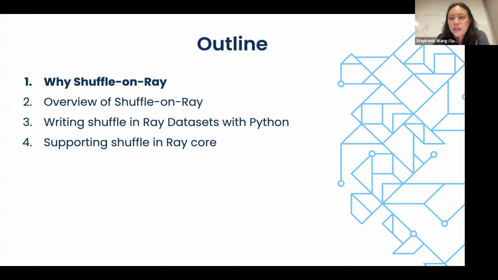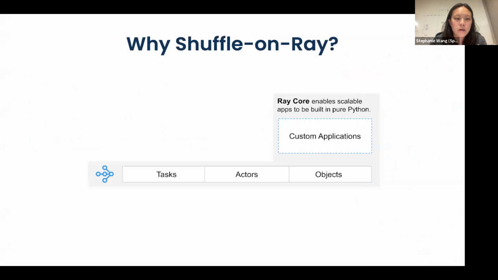Okay, so yeah, let's take a look first at why we wanted to support large-scale Shuffle on top of Ray. So Clark already gave a nice preview here, so I'll just go through this quickly to recap. We can first think about what the broader picture of the Ray ecosystem is. As you saw earlier, Ray Core is basically this unified framework for scaling Python applications. So it's an open source framework.